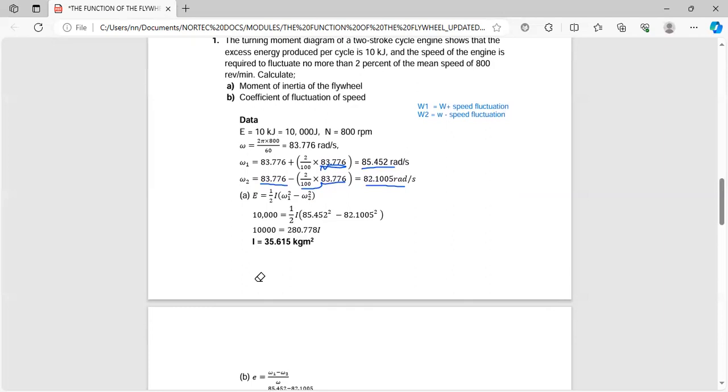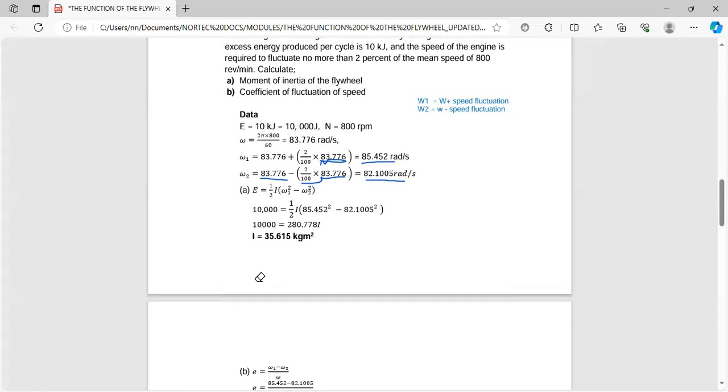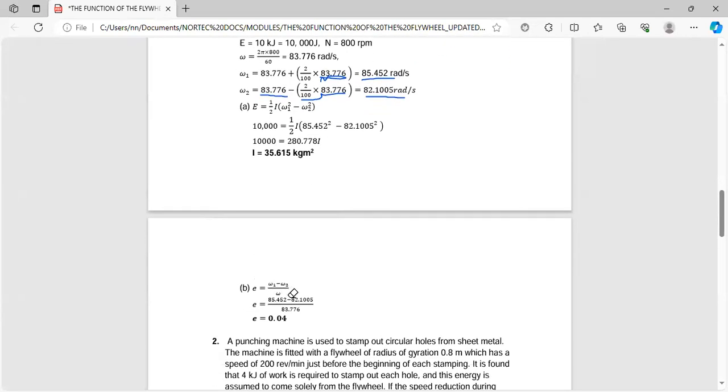kg square meter. Next, I proceed now to the coefficient of fluctuation of speed. This is the one we said is supposed to be the ratio between the difference in speeds and the mean speed. So the difference in speed between the maximum and the minimum divided by our mean speed. Check back your data, you'll find that our mean speed was found to be